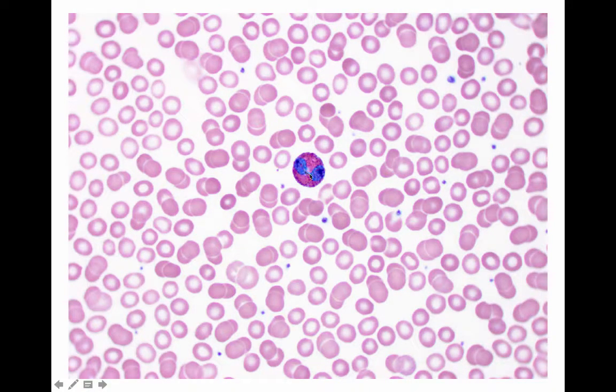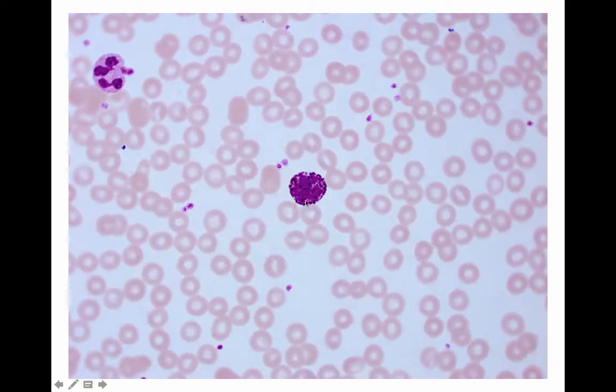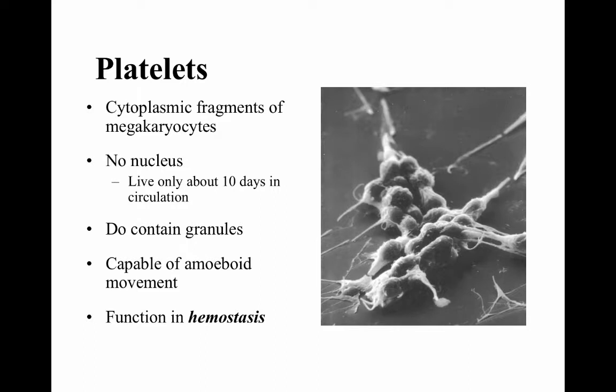Another dual-lobed type of nucleus with red staining granules, so an eosinophil. And then finally, this clustered speckled type of cell among all of the other red blood cells is a basophil. Platelets then are cytoplasmic fragments of megakaryocytes. They have no nucleus. They live only about 10 days in circulation, contain granules, and are capable of amoeboid movement,